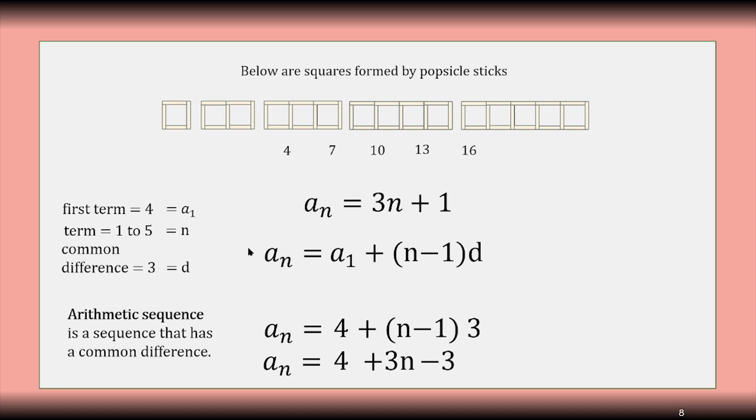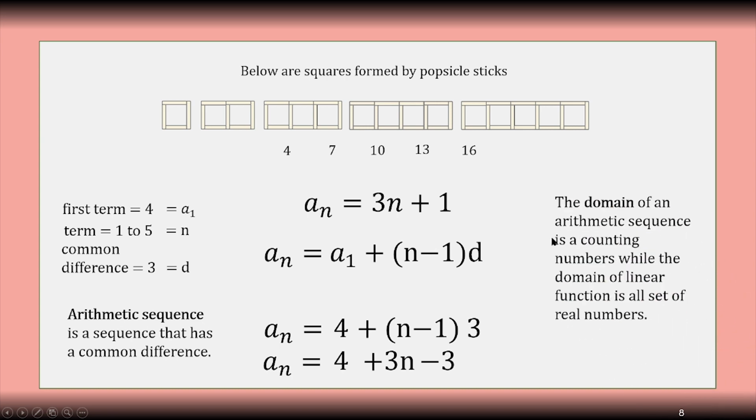Remember that the domain of the arithmetic sequence are just counting numbers. So, syempre, mag-start tayo from 1 up to positive infinity. While the domain of the linear function is composed of negative, 0, and positive numbers. So, it means that all sets of real numbers. So, example natin ng ating domain is the number of squares. So, 1, 2, 3, 4, 5. So, lagi nag-start tayo sa 1. So, ayun yung pinagkaiba ng ating arithmetic and linear